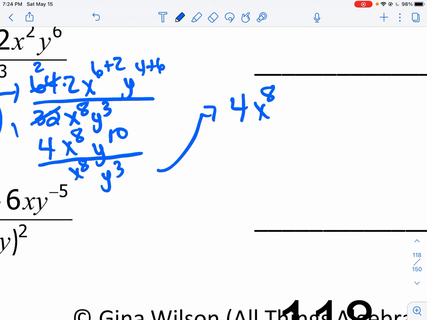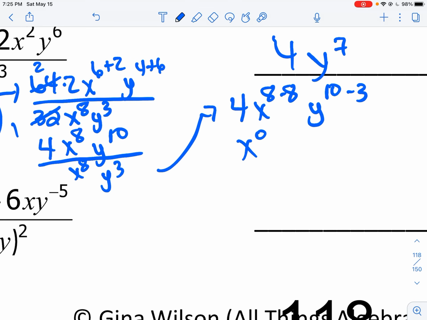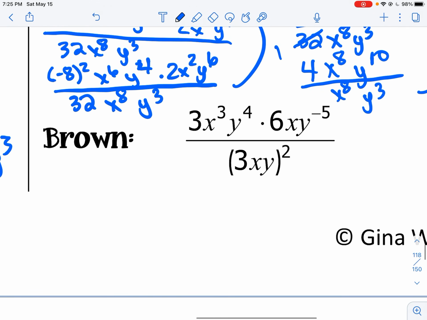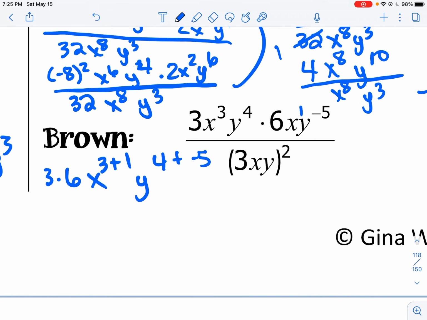So 4, x to the 8 minus 8, y to the 10 minus 3. So I get 4, y to the 7th, because this would get me x to the 0 power, which is 1. And last, but certainly not least, I deal with a numerator. So I have 3 times 6. I have 3 plus 1, because remember that's an invisible 1. Y to the 4 plus negative 5 over